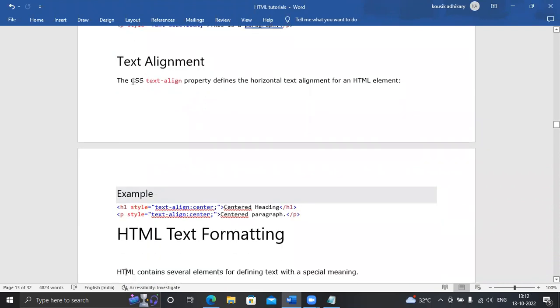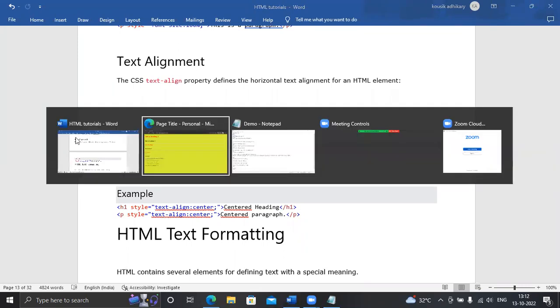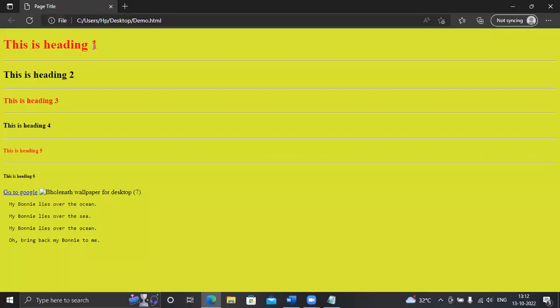Text align. The CSS text align property defines the horizontal text alignment for the HTML element. Okay. Suppose by default this heading 1 is displayed on the left side of your screen or the left side of your website.